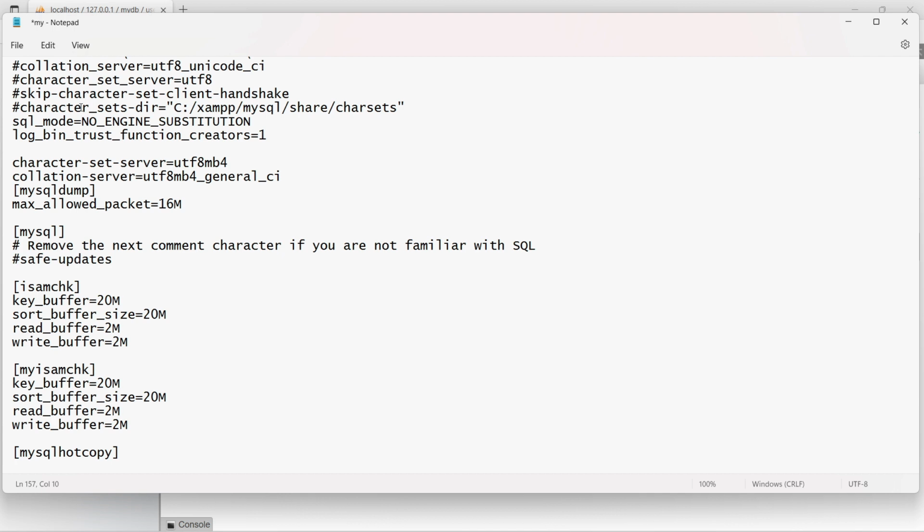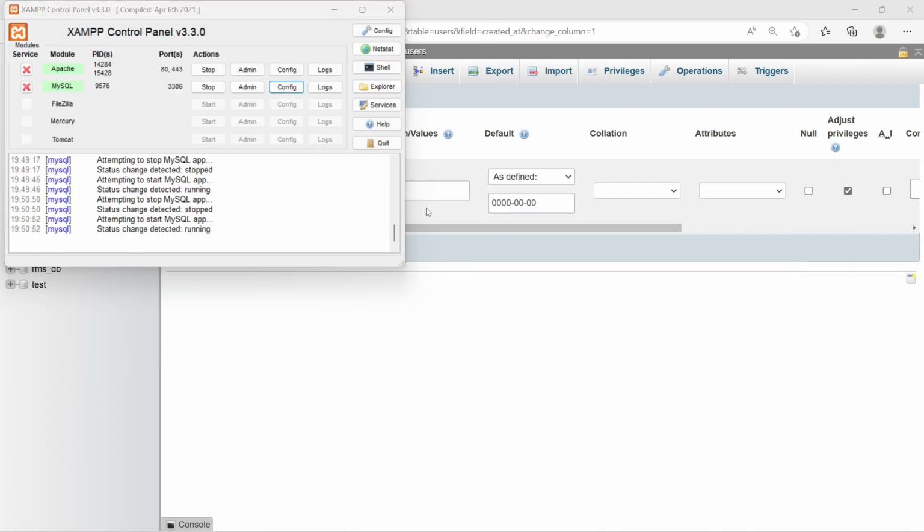So the first solution is that you remove these restrictions from the SQL mode. You can remove the date parts, or you can simply make it sql-mode equal NO_ENGINE_SUBSTITUTION and so on. Basically I am removing some restrictions on the date. I save this file, close it, and restart my XAMPP MySQL service.